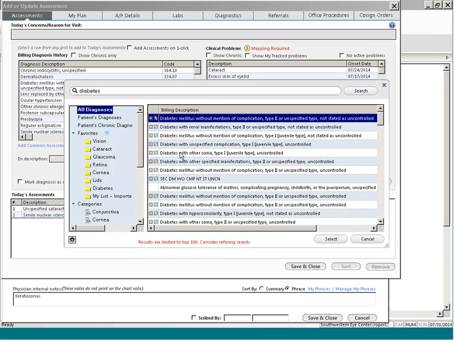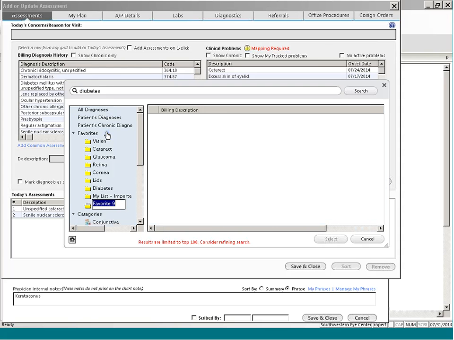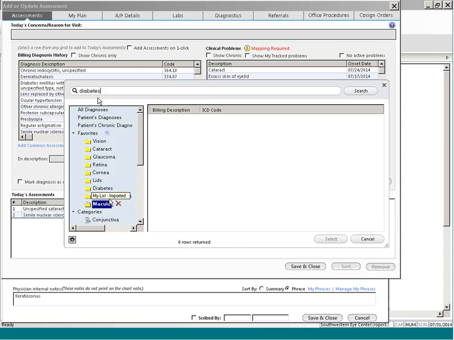I don't know if any of you know about the favorites that are over here, but I have created a certain amount of favorites. And again, these folders, I've named them myself. If you want to add a new folder, you can do this one, and you can call it whatever you want. Say if we want to do macula, if you want it to be categorized that way, if I then look up macula,